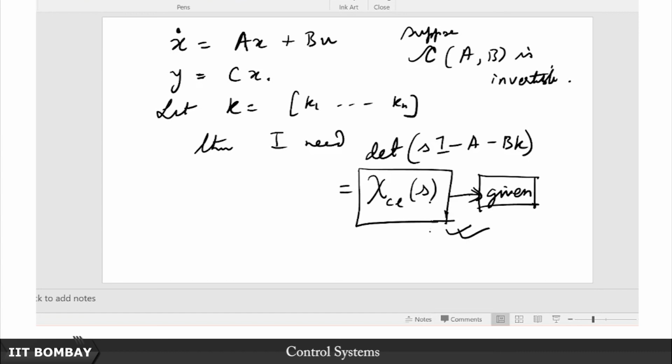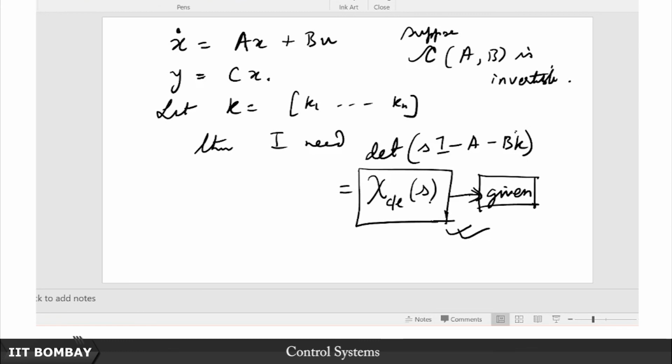Of course, if you do not want to go directly there and you want to do this in an optimal fashion, then you have to go for optimal control methods, which is basically the linear quadratic regulator, another pole placement method, but one that places poles in an optimal fashion. We will not get into that. The point is that the closed loop poles, where they ought to be, are always going to be known to you.